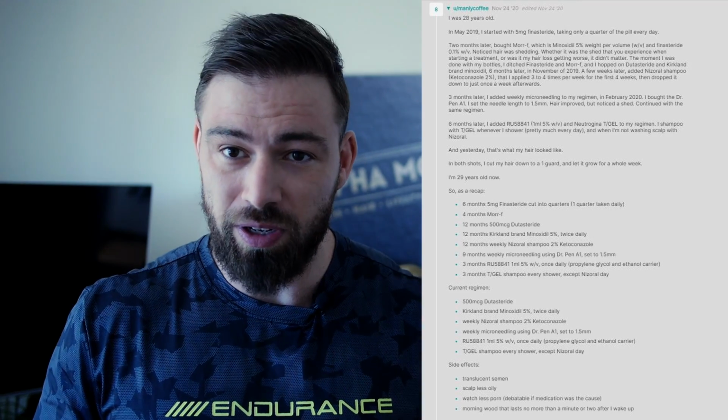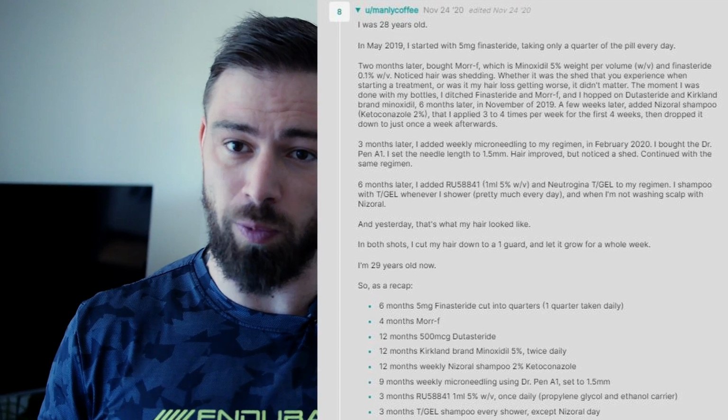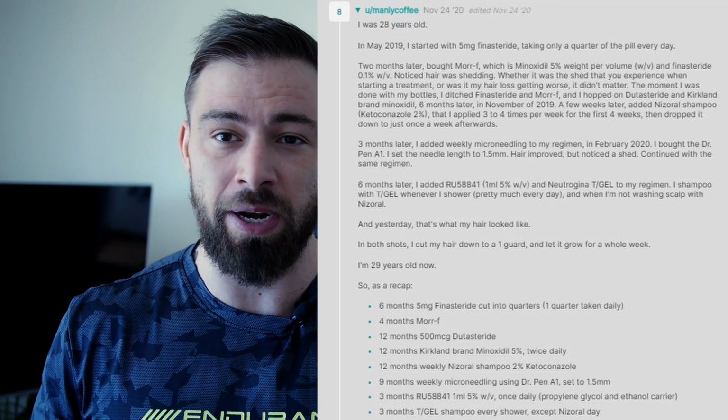So basically what the guy did was that when he was 28 years old, he started doing the 5 milligrams of Finasteride daily. He did cut them up into quarters and take them that way. Then only 2 months later, he bought something called F, which is apparently a Minoxidil / Finasteride combination in a